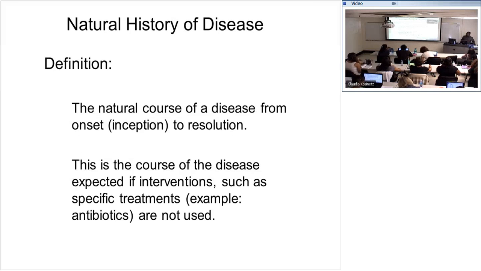The natural history of disease. In your text, you could see the definition. In fact, it's the natural course of a disease from onset to the time of resolution. So we just want to see when a disease happens, it's initiated, and then it travels, and then at the end of it, what happens. So when we look at disease, we are thinking about what is expected out of the disease if there's no intervention. If no one is treated for getting some kind of infection, or you get a particular condition and you are not treated, what will be the outcome?